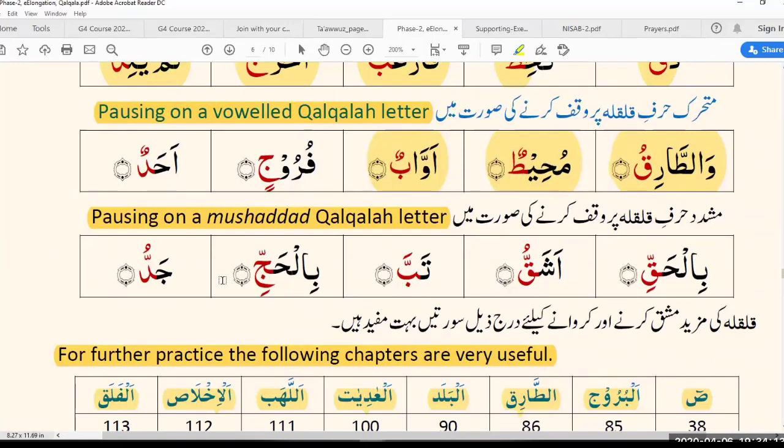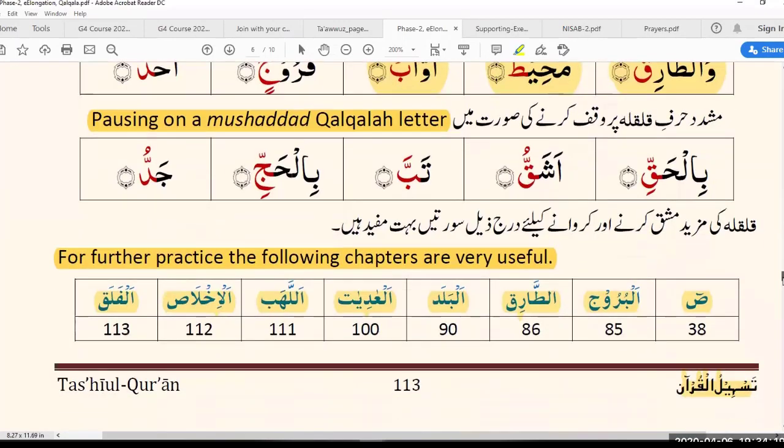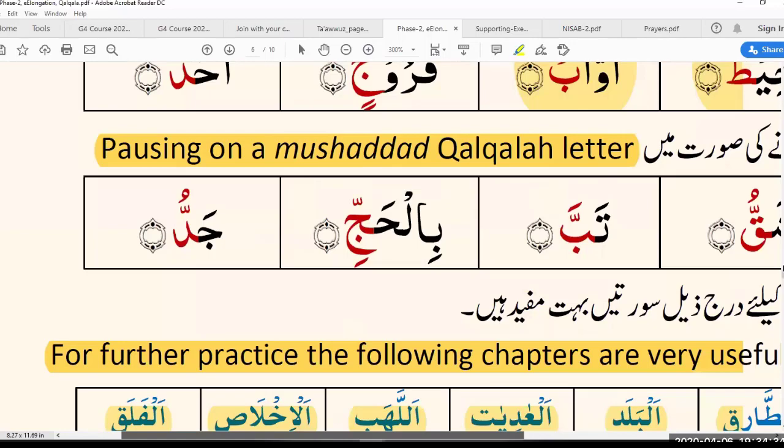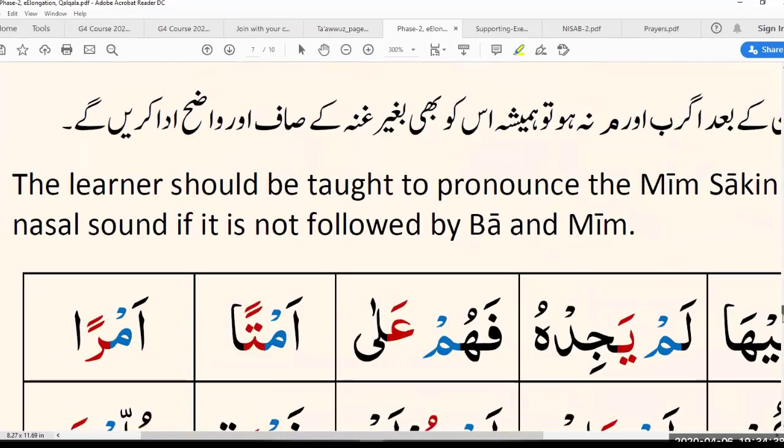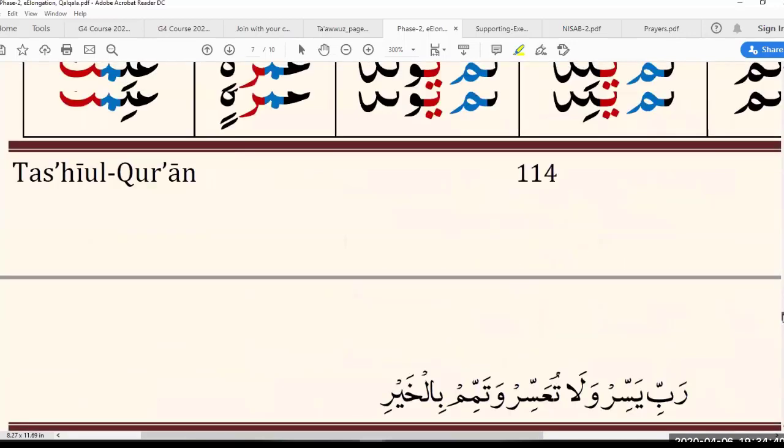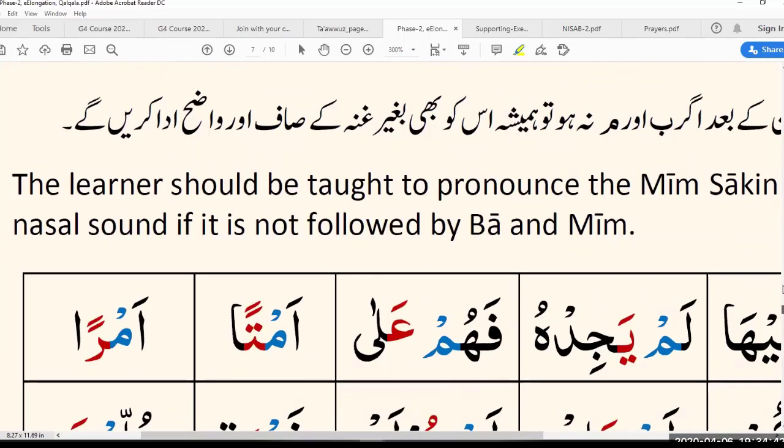Okay. I think you were talking about the surahs, where we can find further practice for the rules that you taught today. Yeah, that's right. So I was mentioning these surahs down here, and I was saying they can take a picture or a screenshot of them so that they know which surahs they can practice Qalqalah on. They're down here somewhere.